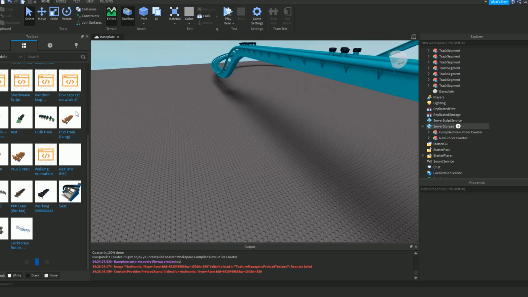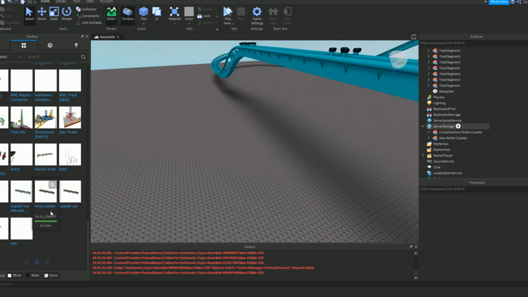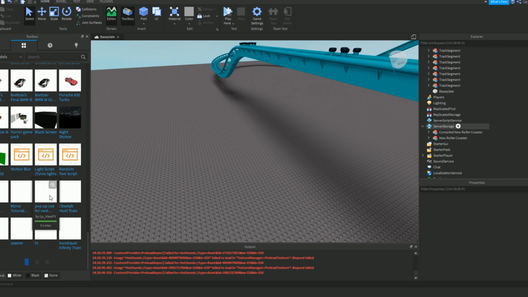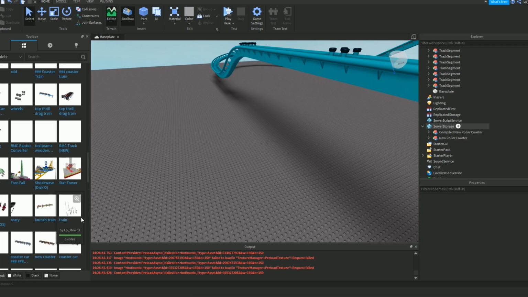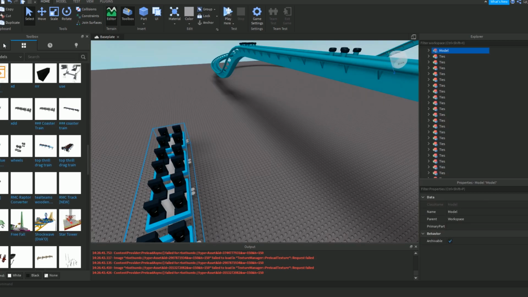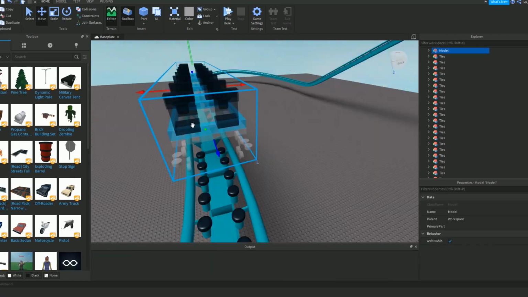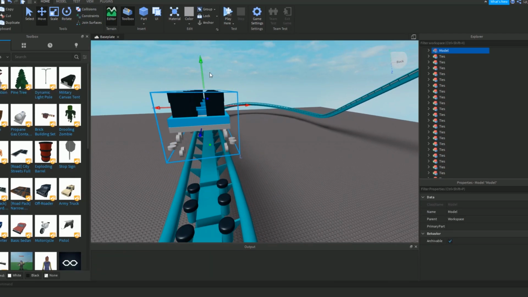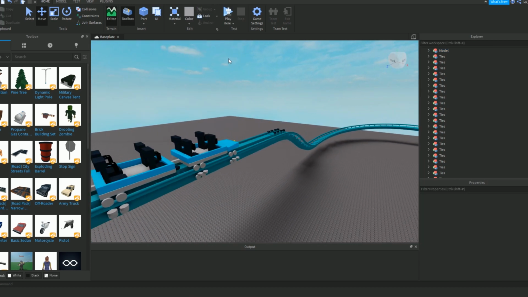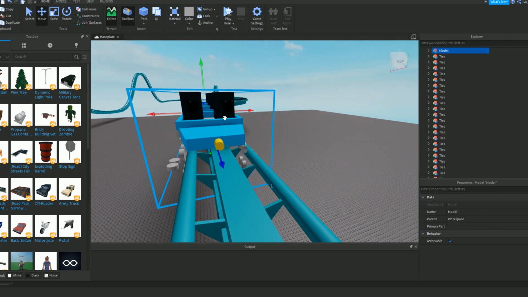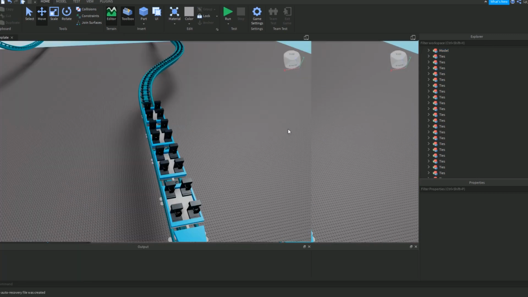Now go into your models where you got the coaster car train. I'm going to import mine. Where is it? Okay, it's above here, I think. I might have missed it. There we go. So now when you've got the coaster car in, as you can see, don't put yours on the track, by the way. Sorry, misinformed. I'm just going to show you what happens, because this one's for teaching people how physics works on Roblox. So if I click run,